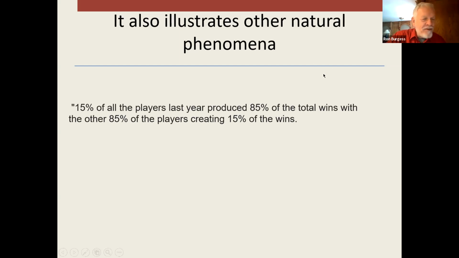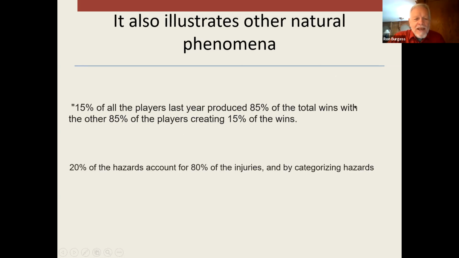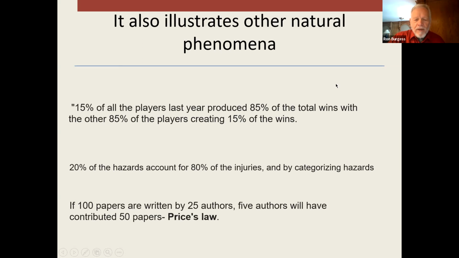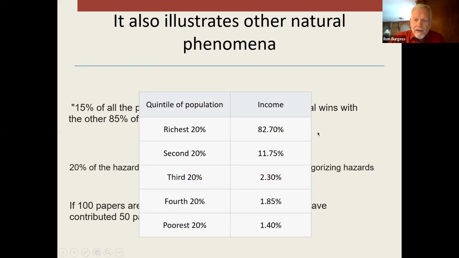Boy, if you're not in that 15%, you're going to be a losing team right there. And I mentioned the hazards here. If 100 papers are written by 25 authors, 5 will have contributed 50 papers. And again, that's Price's law specifically. So the productivity really happens among high achieving people, high achieving customers, or large purchasing customers, sort of the top tier. A lot of us will look at that and go, oh, that's kind of crazy,